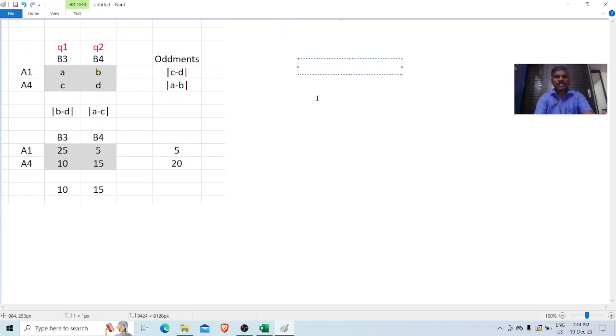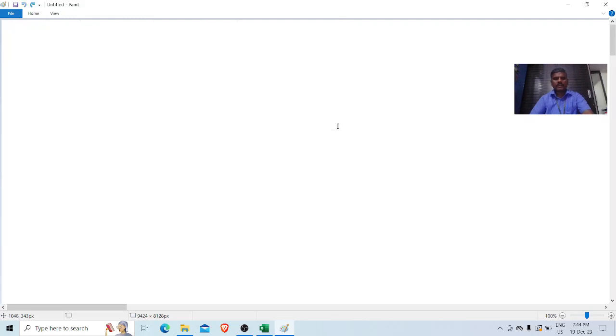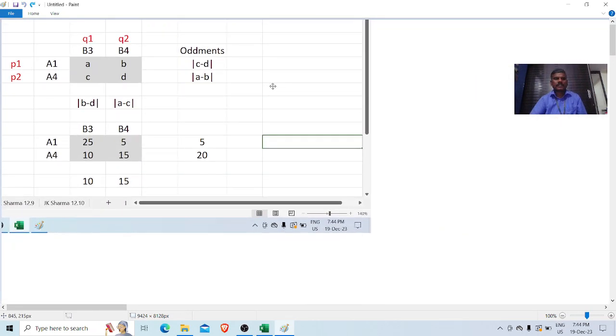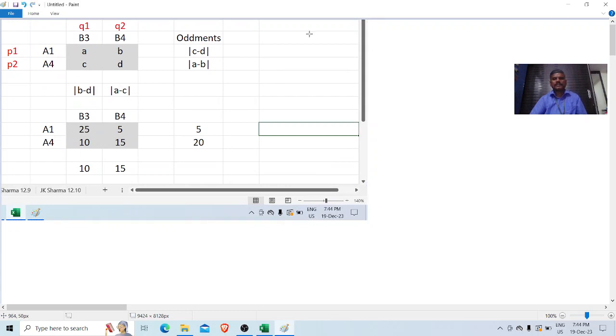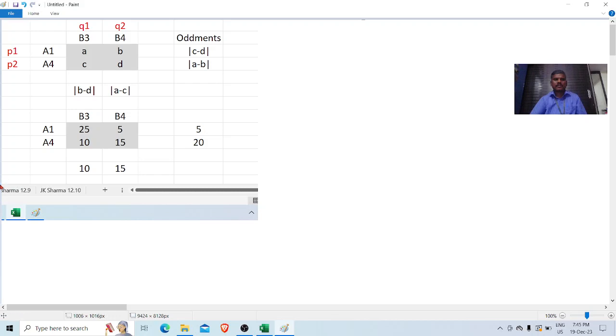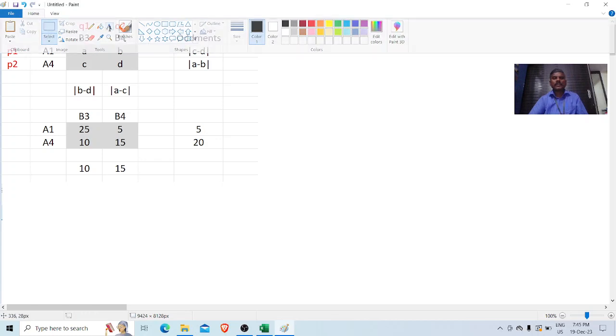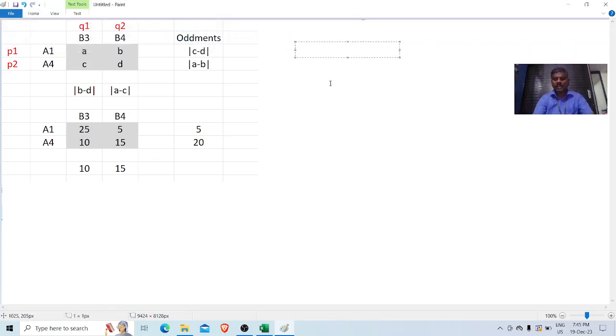Probability of using the first strategy is P1. The probability of using the first strategy by firm A is P1. P1 is equal to,